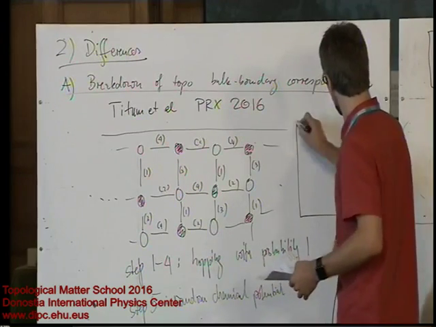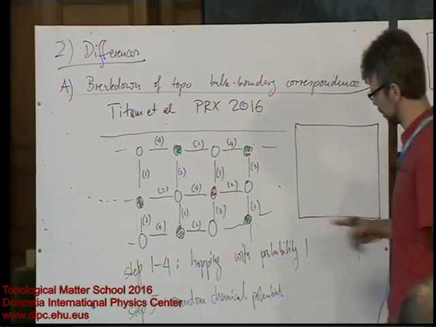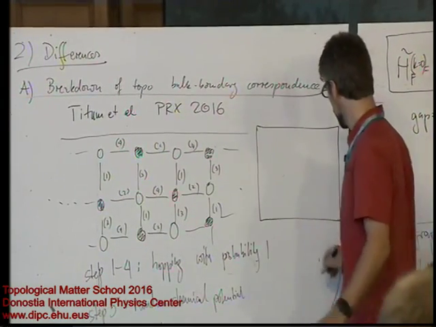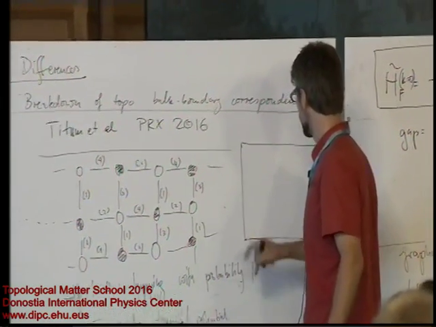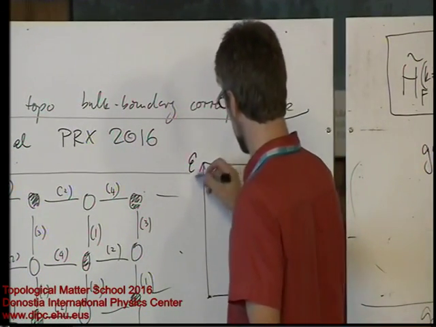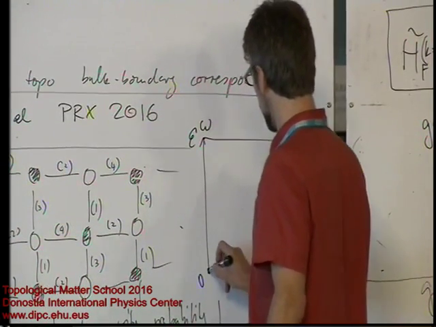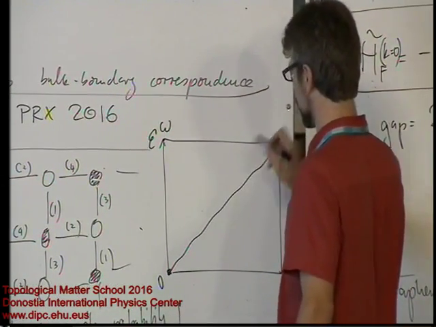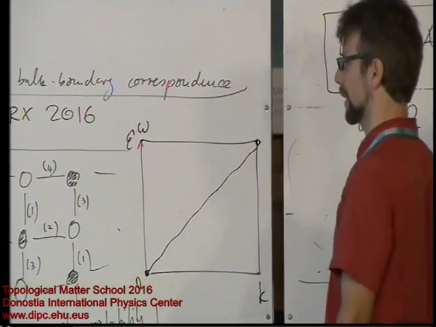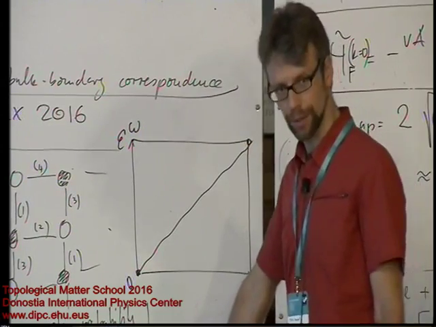So we have some momentum. In the slab geometry, only the momentum along the edge is conserved. And then we have this quasi-energy, let's say epsilon, that's only defined from 0 to omega. And what happens is that there is one edge mode going, say, to the right on that edge. There's going to be another edge mode that goes to the